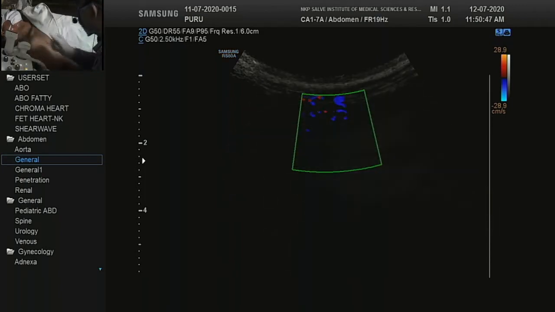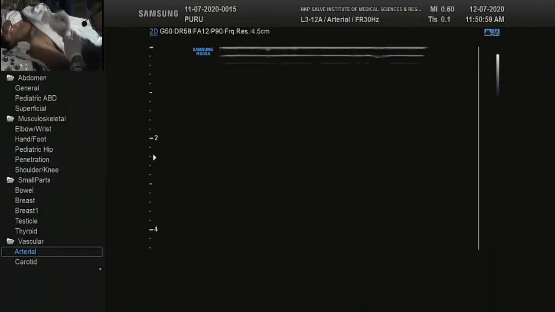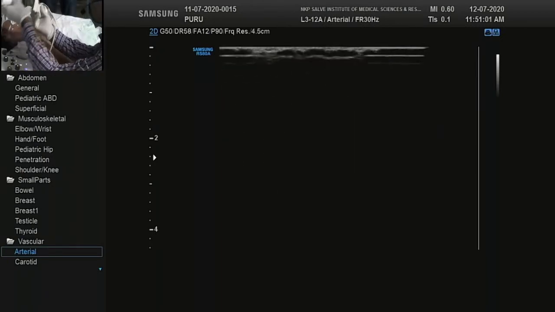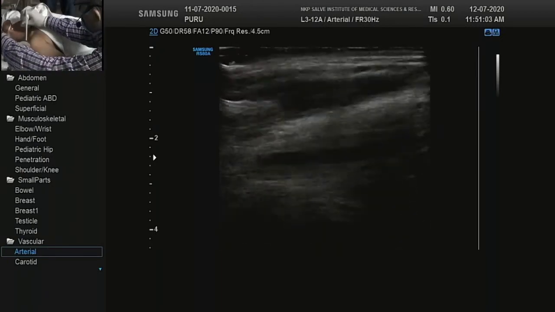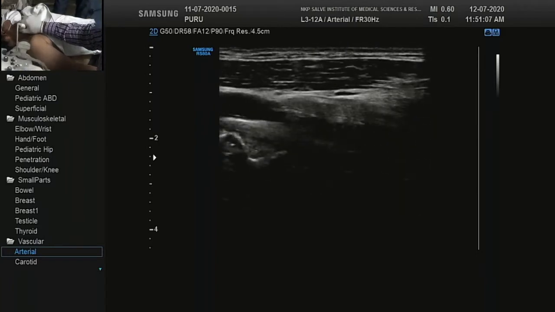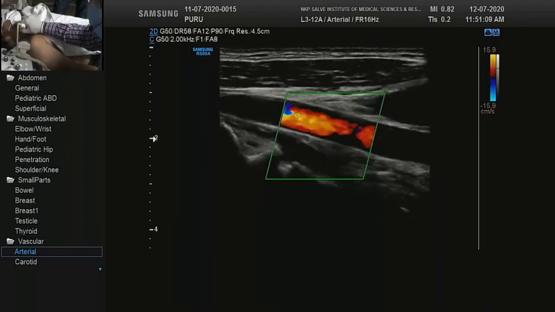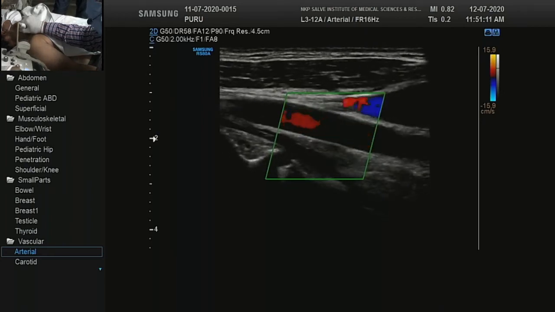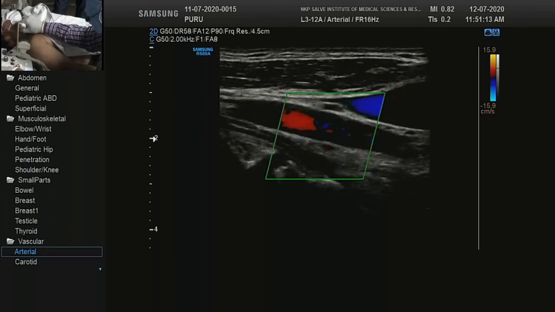Okay. So coming back to upper limb evaluation. We take the linear probe again, go to the artery setting, and we will see the vertebral artery evaluation. Whenever the patient comes with feeble pulsation, you can just see this. Here, invert.